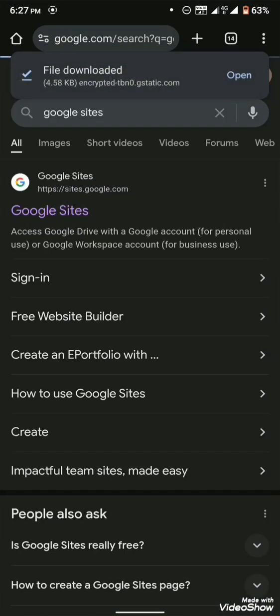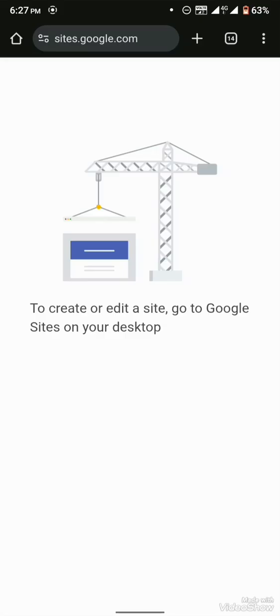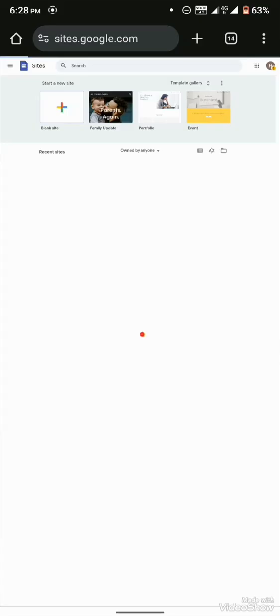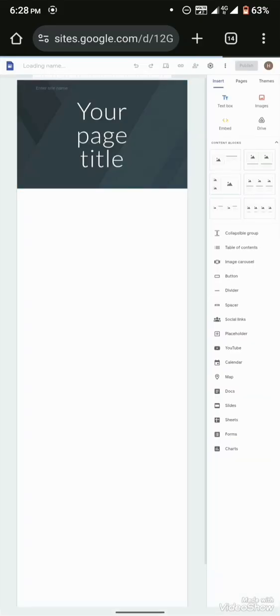And then you move on to the Google Sites. If you go onto Google Sites, you'll find that your sheet is empty. So what will you do? You go to the three dots on the top right and put it on Desktop site. Then you start to create your site. You move on to the blank site, and then you're going to create our